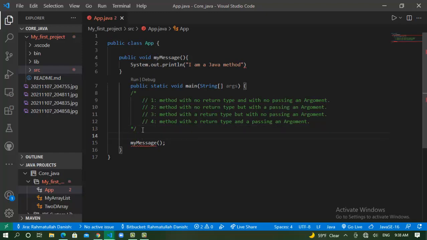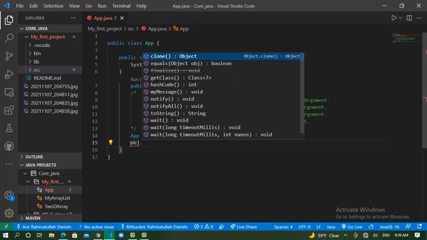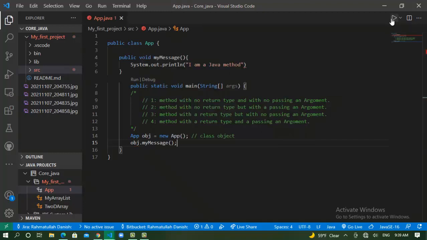We create the object of this class. After that, we use the dot notation, obj dot. This is the void method, obj.myMessage. This is the method name. Now I run this program.